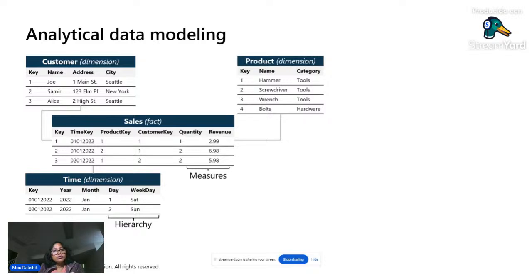Snowflake schema is also star schema, except the dimension tables can have hierarchy, and those look like a snowflake. It also has branches to it, like the hierarchy. Suppose a product has different product categories. You can drill down, you can slice and dice the data onto those hierarchies as well, or roll up or drill down. That's what we call it. So that is possible with this kind of data model, star or snowflake.